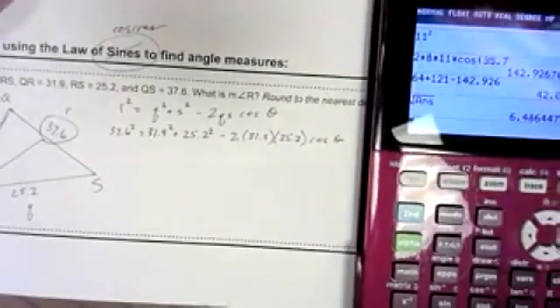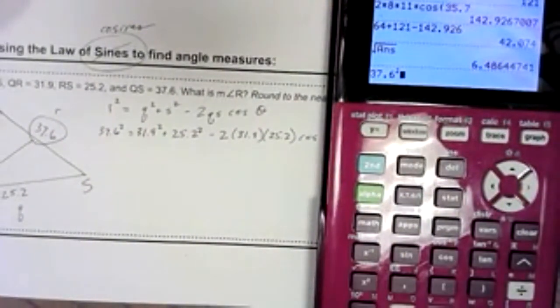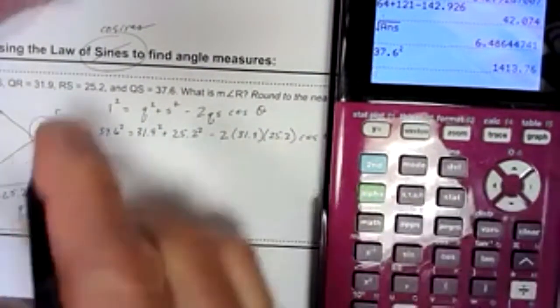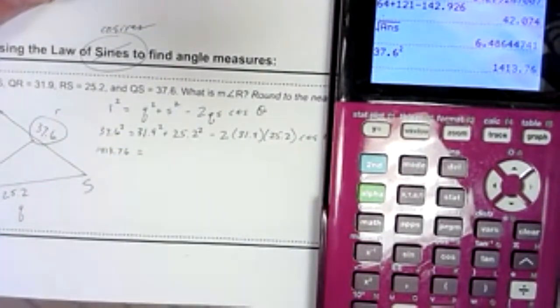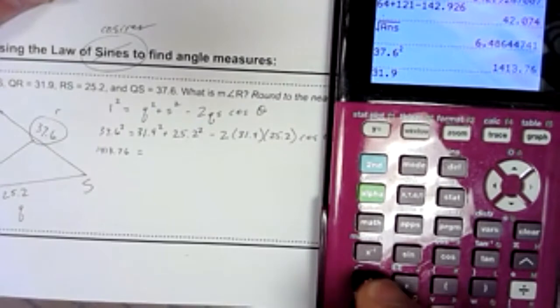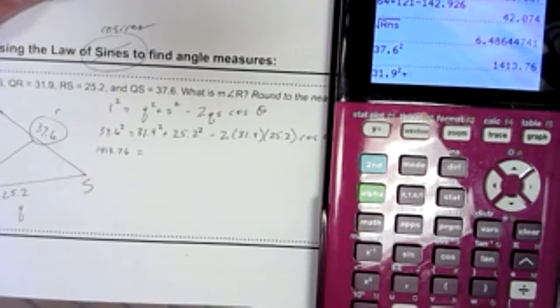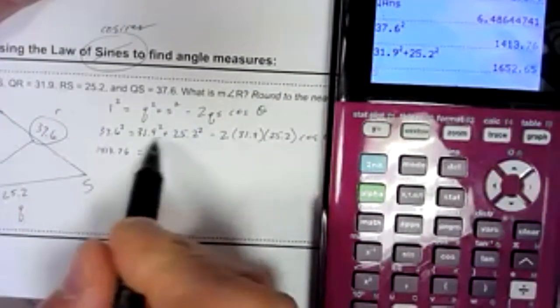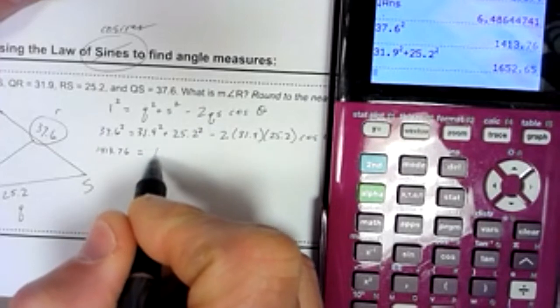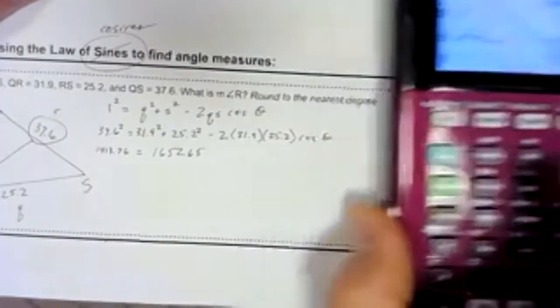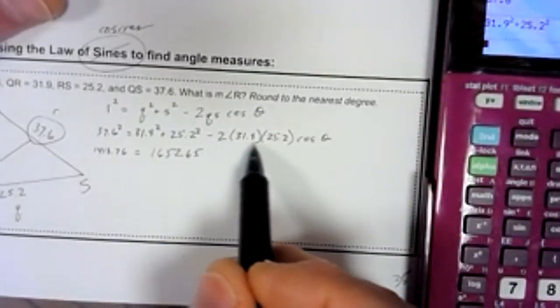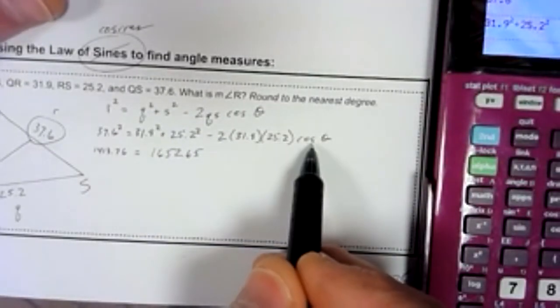Okay. All right, so 37.6 squared equals 1413.76. 1413.76 equals 31.9 squared plus 25.2 squared. So these two numbers squared together added up give me 1652.65. Okay, now the reason why I didn't subtract this number from that is because